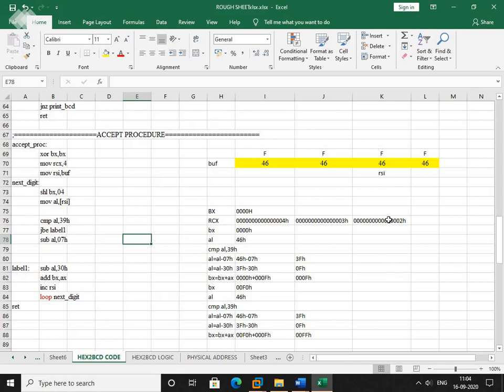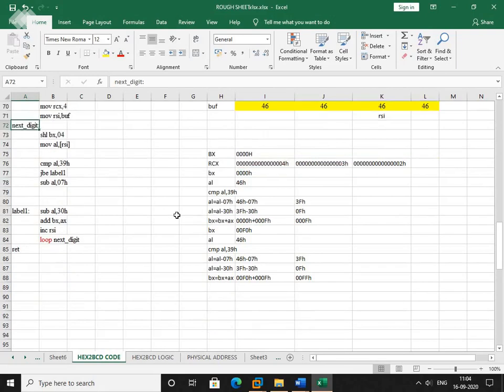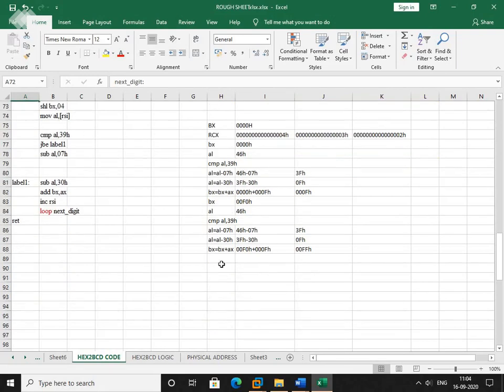It will check the content of the RCX register. If it is equal to 0, it will come out of the loop. If it is not equal to 0, it jumps to the loop label again. So it will jump to next digit, again shift left the content of BX. After shifting left, it will become 0FF0H.